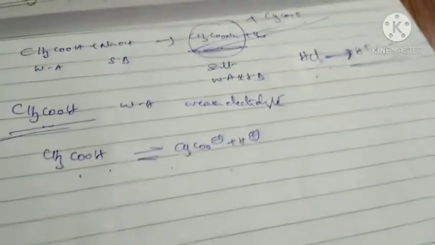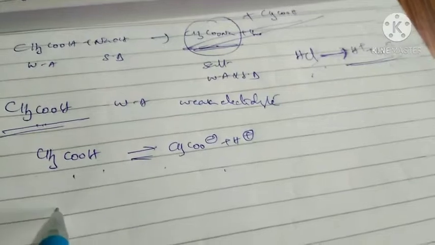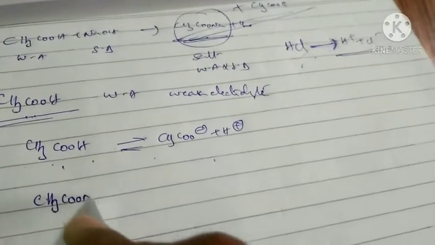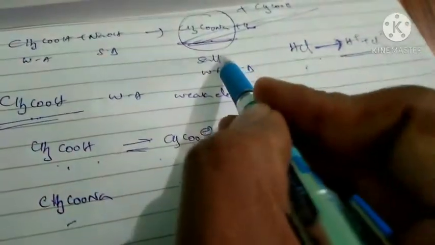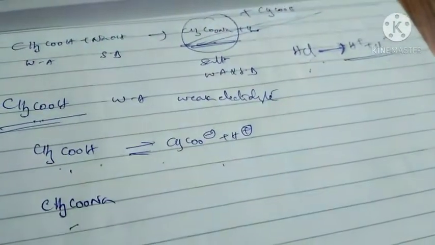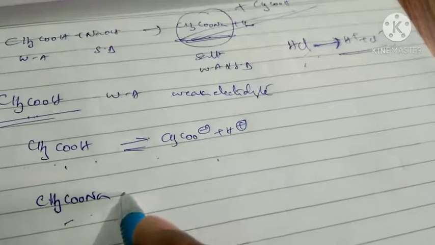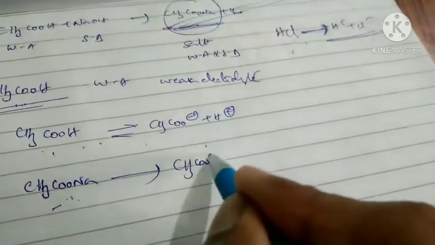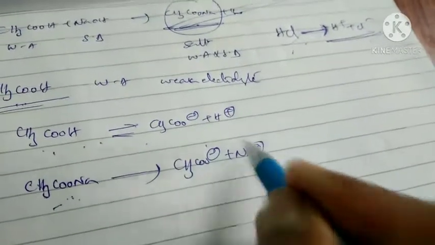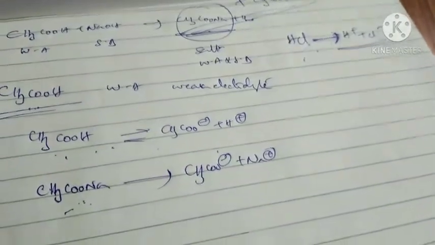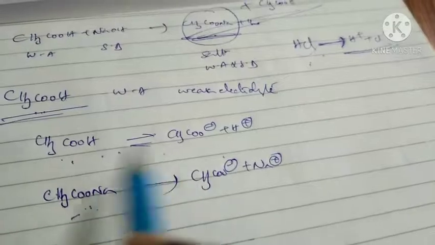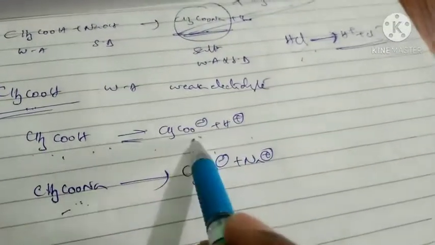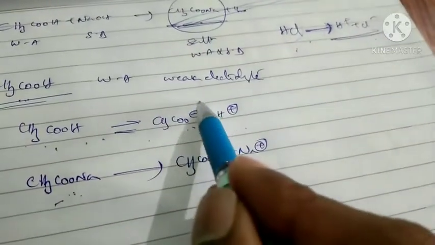Now my point is what? If I add one substance to this electrolyte, I am going to add CH3COONa. What is this? This is a salt. We discussed it already. When this salt is added to the solution, first this salt undergoes immediate dissociation because that is a salt. Now what happened in that solution? In the above solution, the CH3COO minus ions are already present.